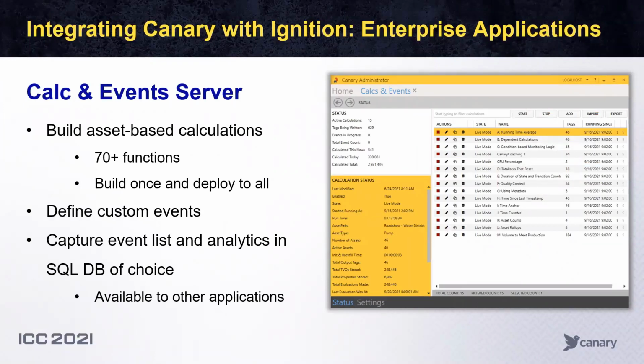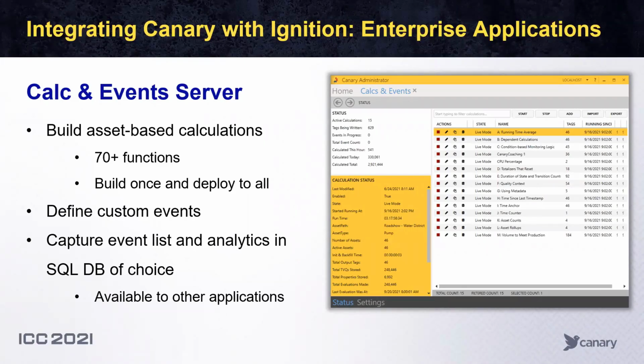Once I'm also referring to my tags as assets, then I can create calculations inside of the Canary Events and Calc server. I create a calculation one time, assign it to an asset, and then it replicates for every instance of that asset. So I can very quickly take something that might be a pump with a flow and take a tag that is a 30-second sample of a flow rate on a pump and understand every 30 minutes what's